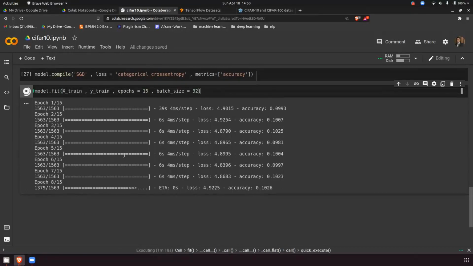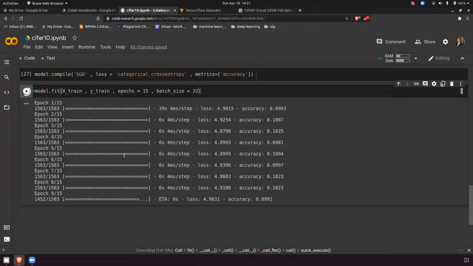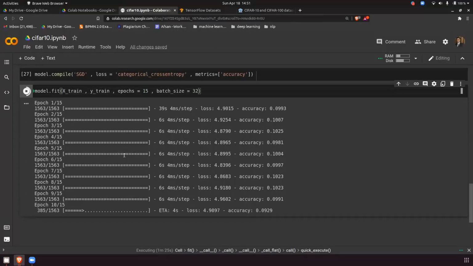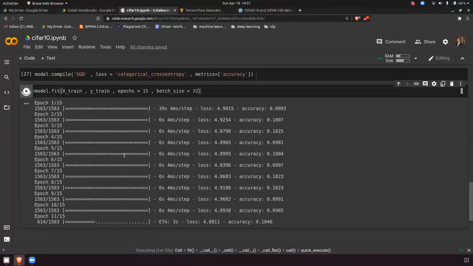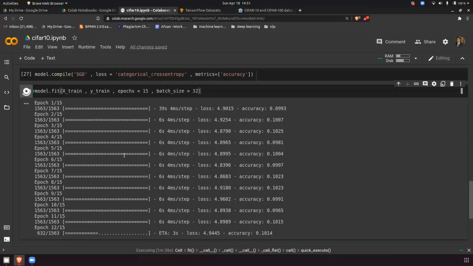So everyone, are you able to run the model? Is it running for you also? Yes. So what is the accuracy you are getting? Same. It's just running 0.10. So basically you have 10% accuracy.